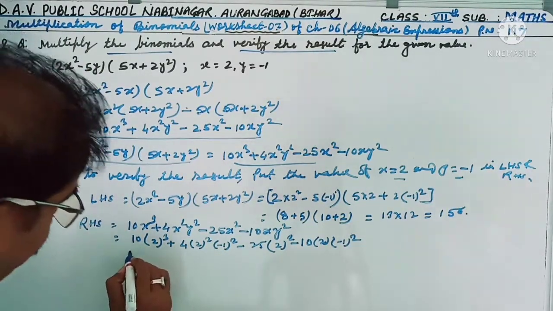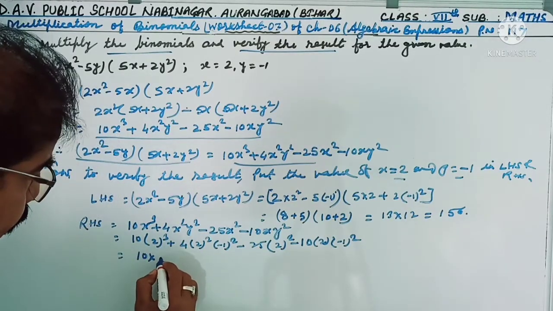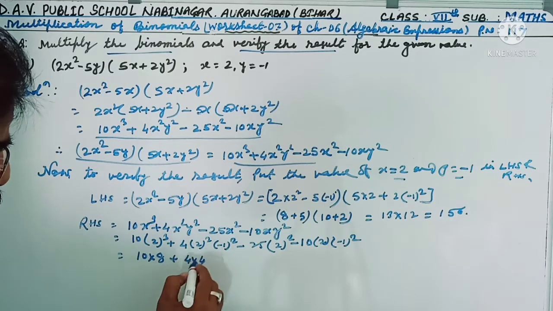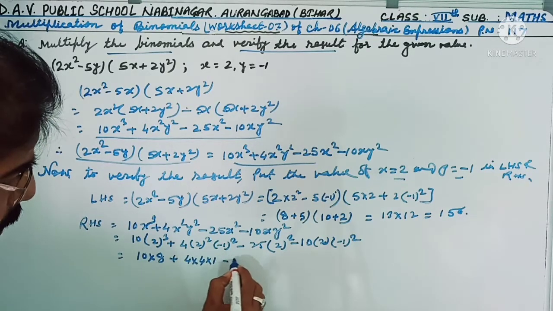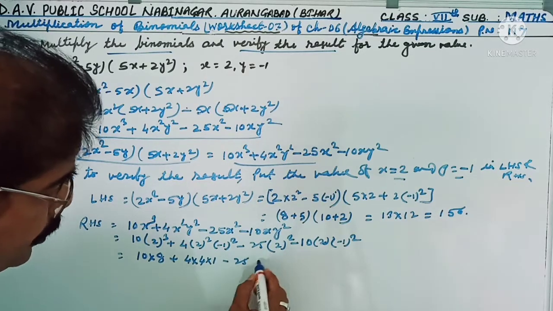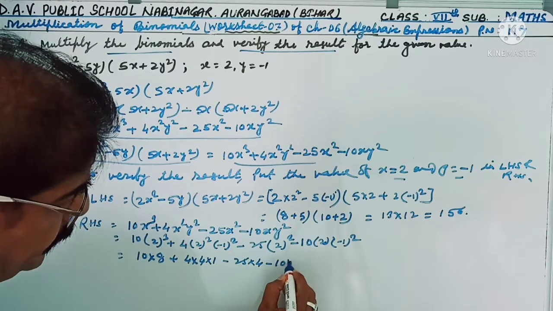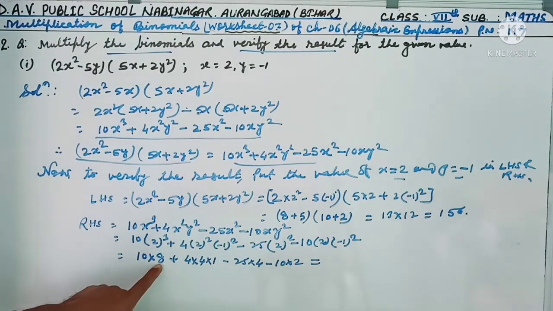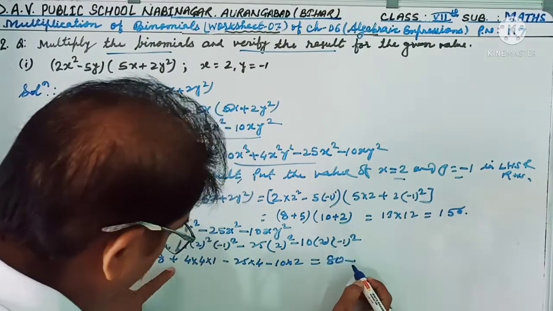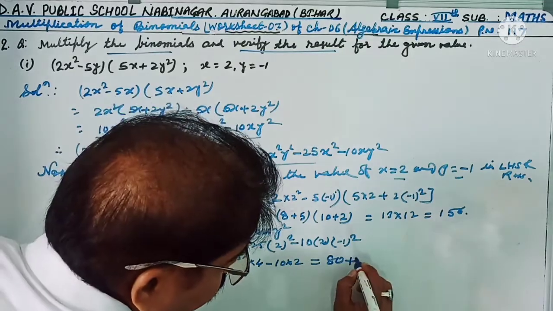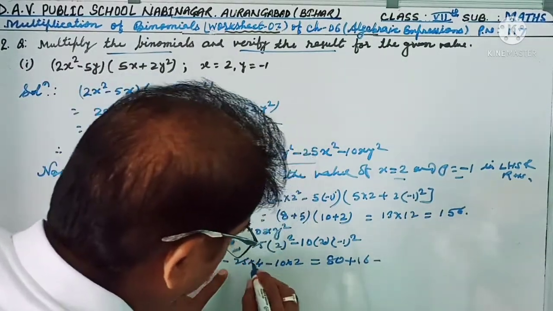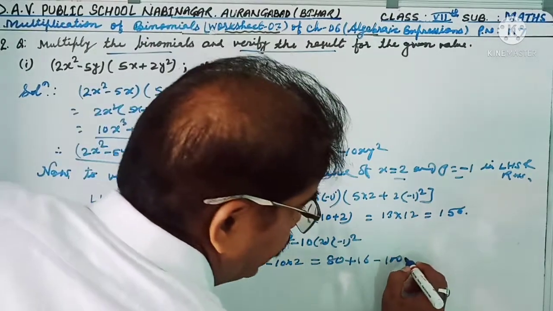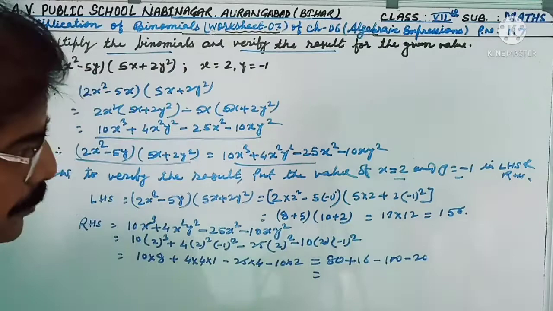So simplify: 10 into 2 cube, 8, plus 4 into 2 square into minus 1 square, 1, and here 25 into 2 square, 4, minus 10 into 2 into 1, 2, is equal to 10 times 8, 80, plus 4 times 4, 16, minus 25 times 4, 100, minus 10 times 2, 20, is equal to